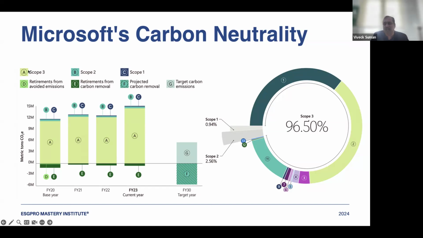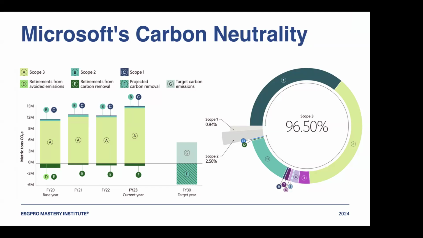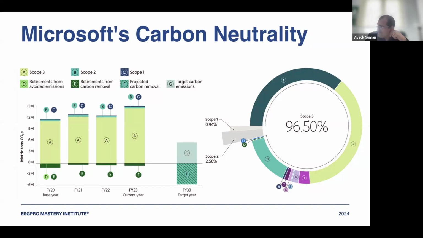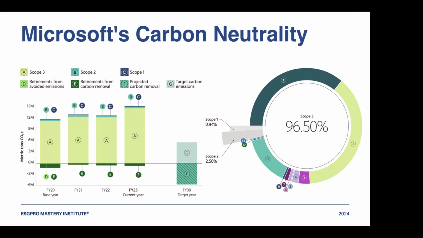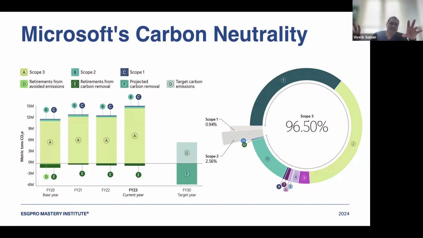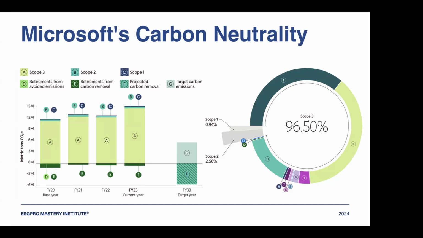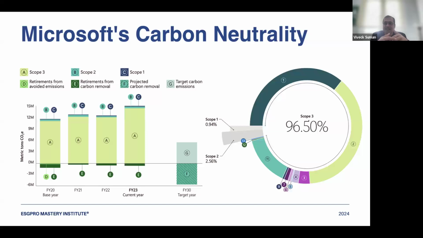So they are switching off the lights, or they have put the IoT system in offices where if the person is not sitting in his cabin or his desk, his cubicle, the light will be switched off automatically. Or toilet, bathroom lights. Can you deliberate on the retirement from the avoided emissions, please? Sorry? This term retirement from avoided emission is not clear. Retirement means you are removing it. Okay, retirement is a word used. From the avoided emissions means you try to avoid the emission.